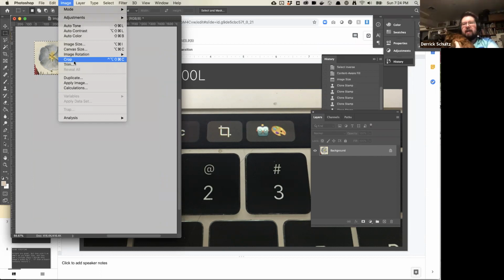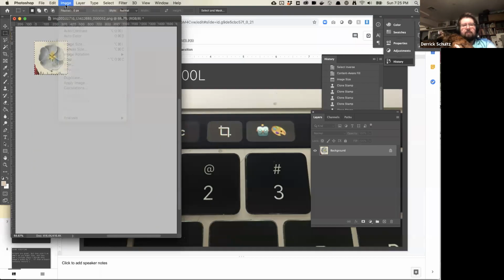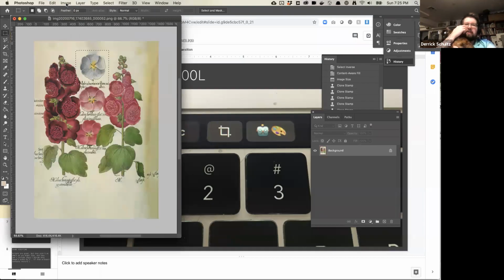So you actually have to assign it a key command. So this is again where you want to assign it a key command and then use BetterTouchTool to actually do it. So again, this is a process where I tend to have a lot of images where there's either 2 or 3 pieces ganged up together. So actually for a lot of my scans, I have a big, huge 11 by 17 flatbed scanner. So I'll fit as many pages as I can, and then I'll go in and crop each one of them using this crop tool. And then I might go in and individually clean those up from there.